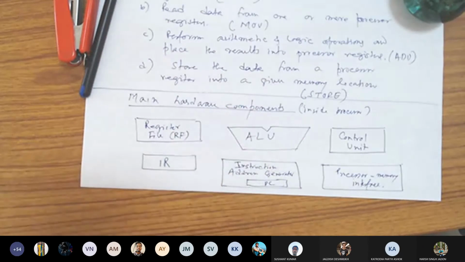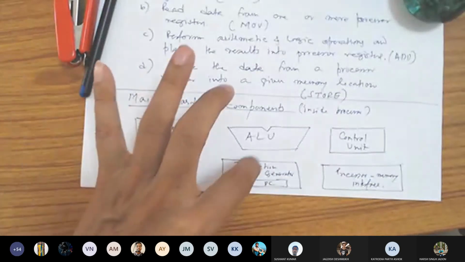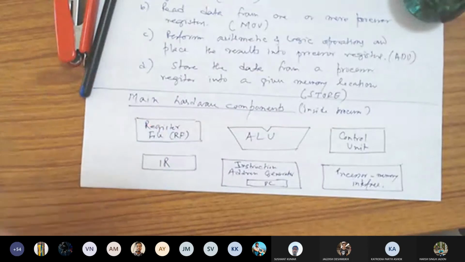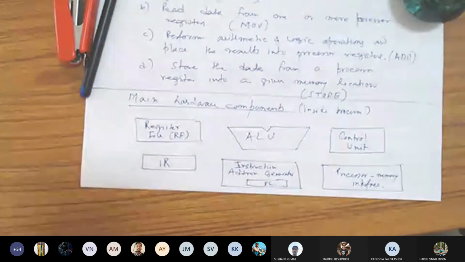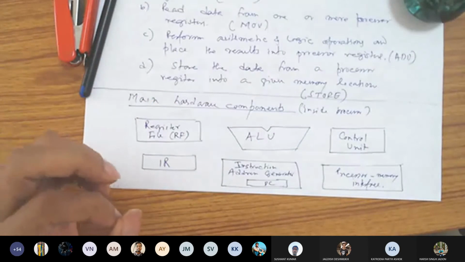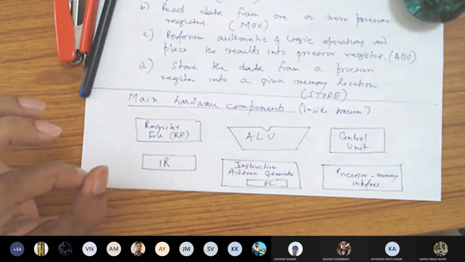I told you that your knowledge of digital electronic circuits is very important. You can understand that all these components are digital circuits. So your knowledge of combinational circuit design as well as sequential circuit design is very important here.